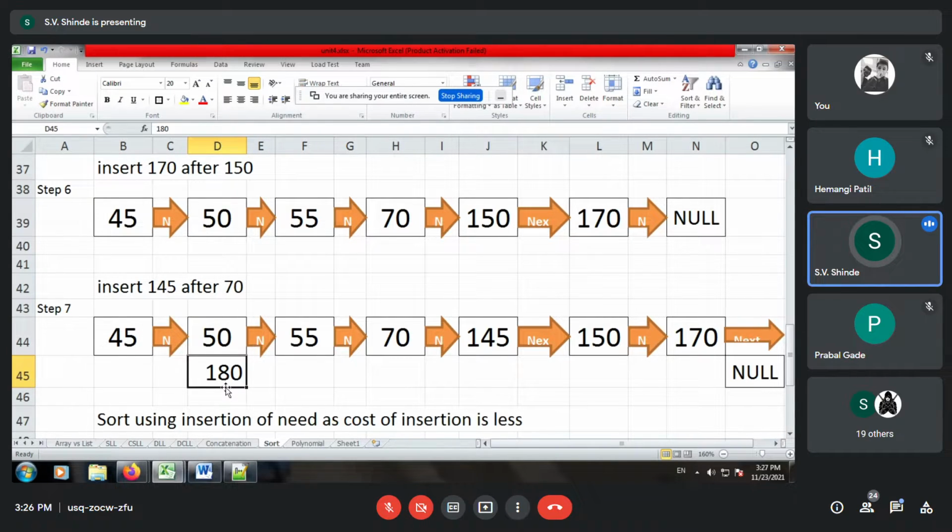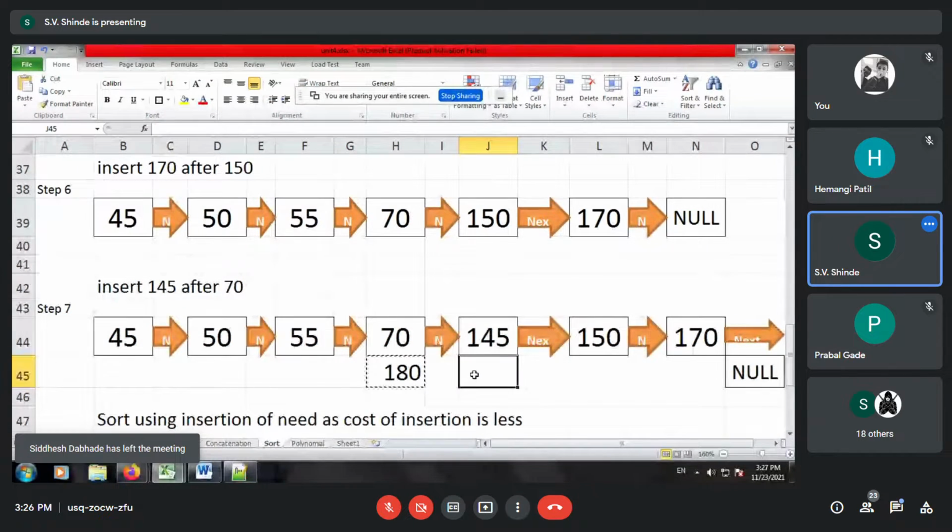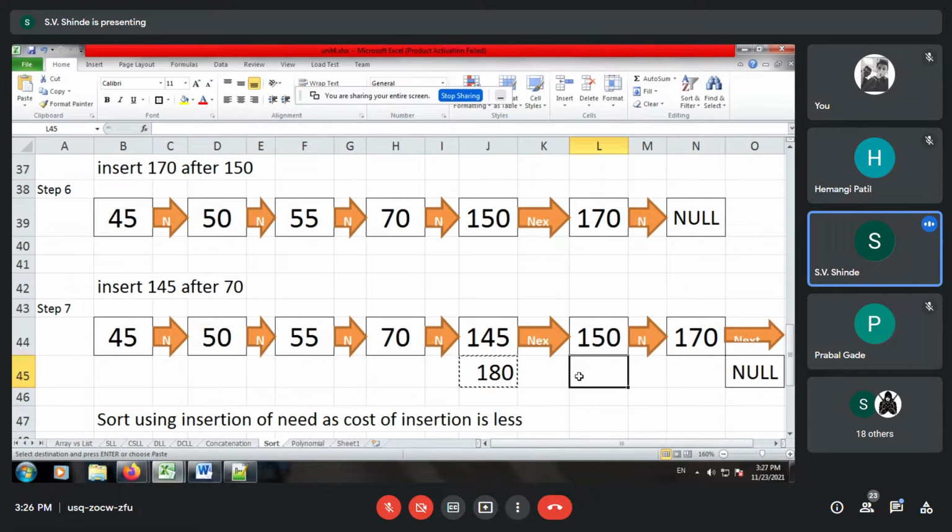Again, the result is not matching. The next comparison is with 55. Similarly, we compare with 70, then 45, and after this we have the comparison with 150, and finally we get to 170.